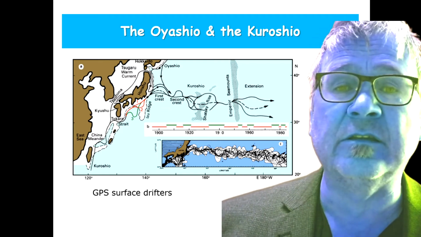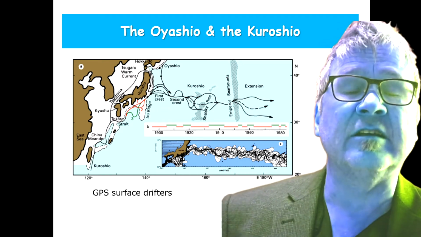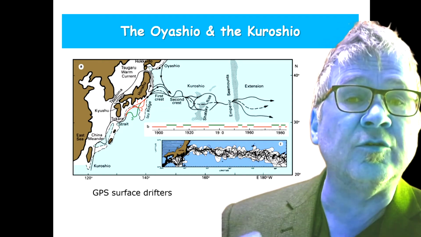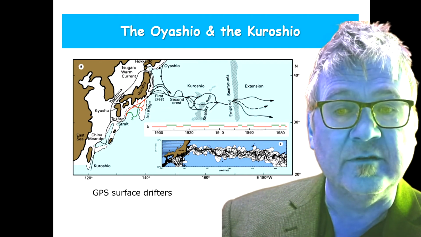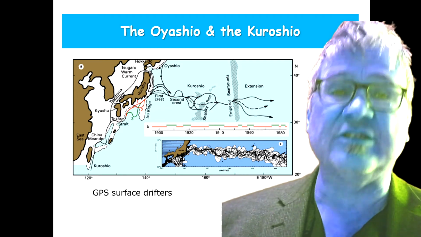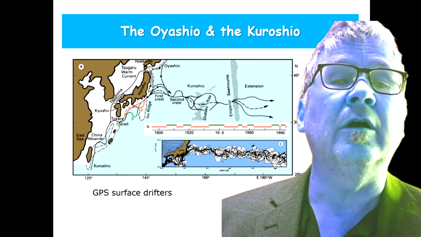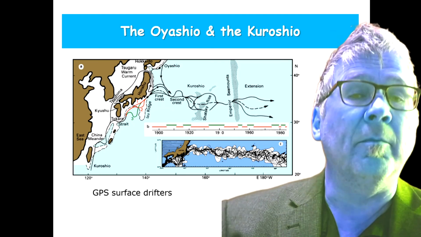This is a significant difference to the North Atlantic, where we saw that there's warm water even injected into the Arctic Ocean. That's a big difference. So here you find a very clear transition zone between cold polar water and warm tropical